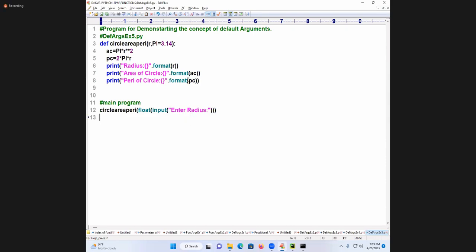Tell me the answer now. When do you go for default arguments? When there is a common value for similar function calls. That is important. When there is a common value for similar function calls, that common value must be taken as the default argument value. Don't pass that as a positional argument. If I pass it, it takes a lot of time to transmit the data. That is the meaning of default argument. Positional arguments are used for passing specific data. Default arguments represent common data. And everything is important.